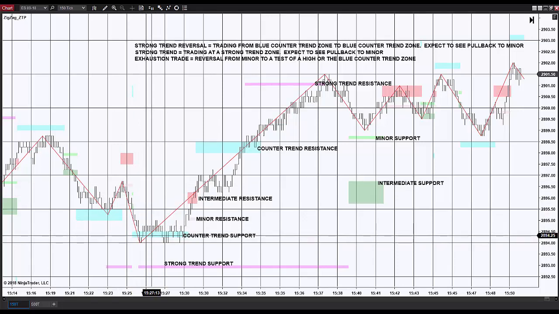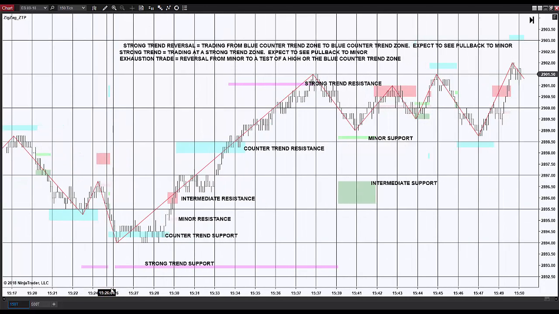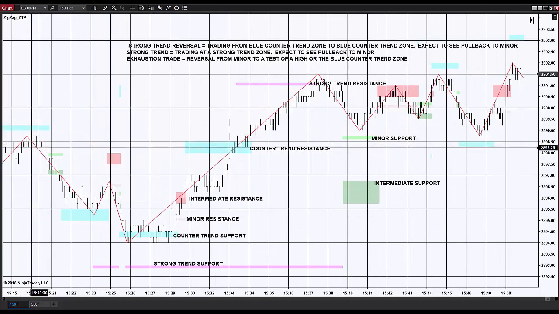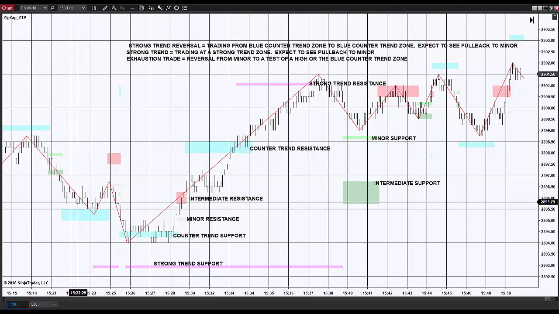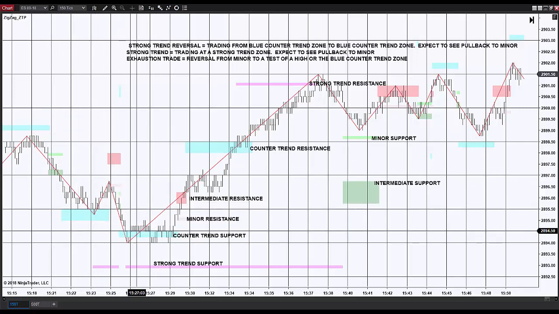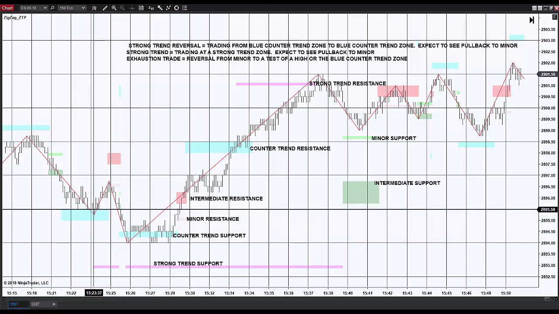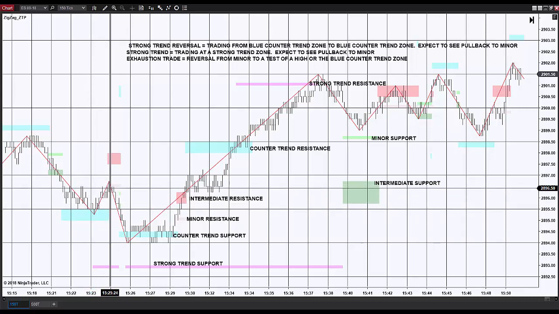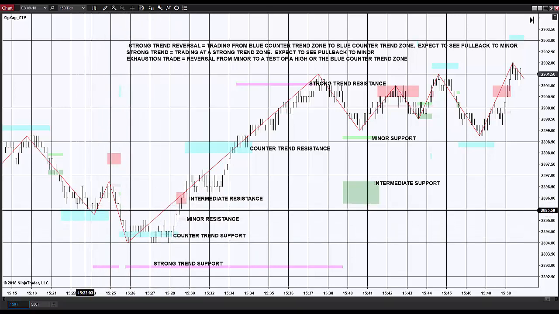An exhaustion trade is defined as just a reversal from minor. So this is a very common pattern that we can expect to see during our trading, in that if we were given the choice to make a trade based on a larger time frame from either this area or this area, well, in real time we would look at this and we would say, well, we're probably just going to have a short retracement to here, and then we're going to come down and test the low here with an exhaustion pattern. So that is why taking a trade from here in either type of pattern is considered high risk,